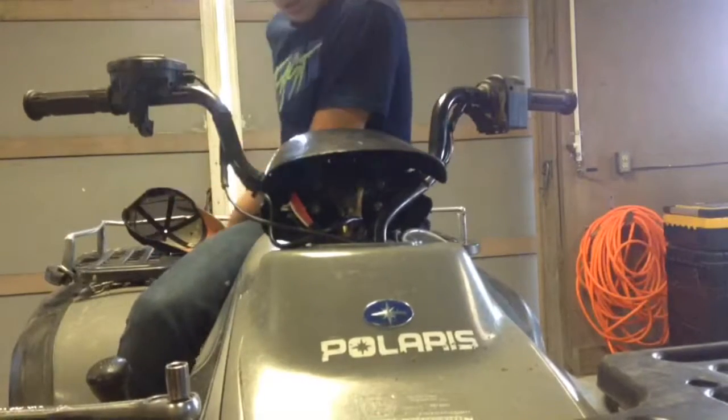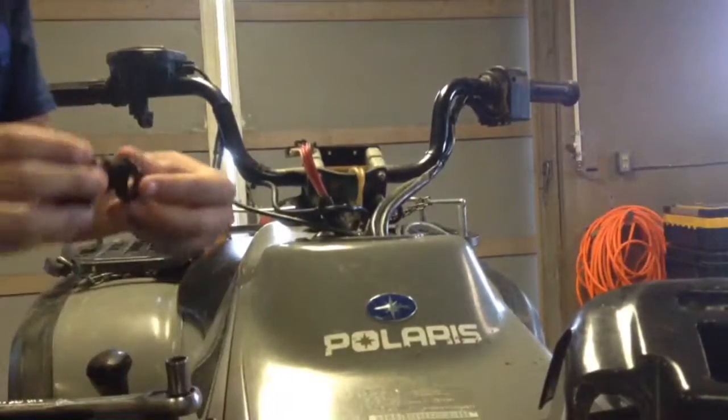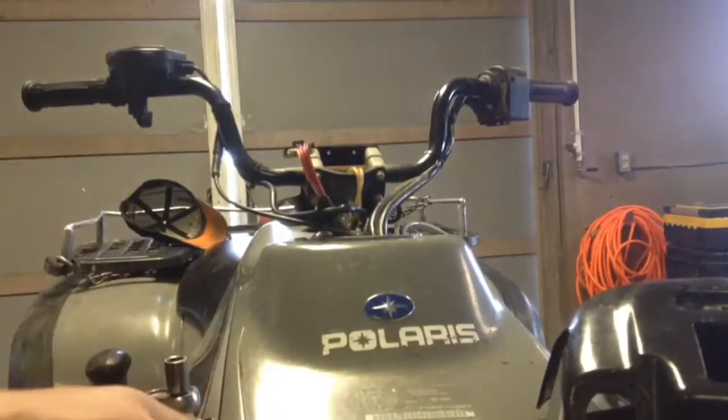Stick them over there. And now, okay, I gotta take the ignition off. There we go. I should just put this together so it's not that. So the issue is